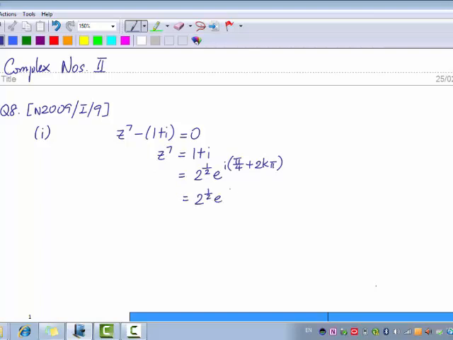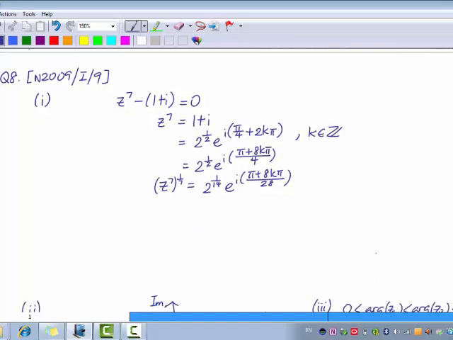Let's try to express the argument as a fraction. And now we can take the 7th root. Applying laws of indices, what we are doing is really dividing each of the powers by 7. Of course, it's a good thing to indicate that k is an integer, any integer,